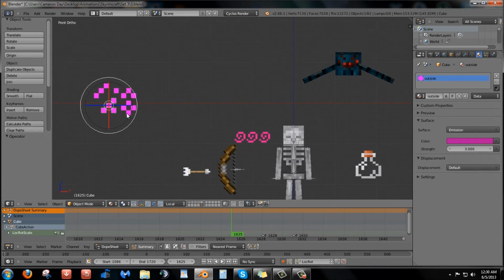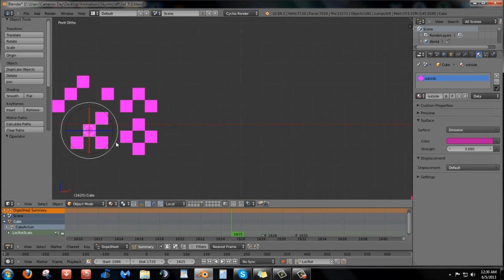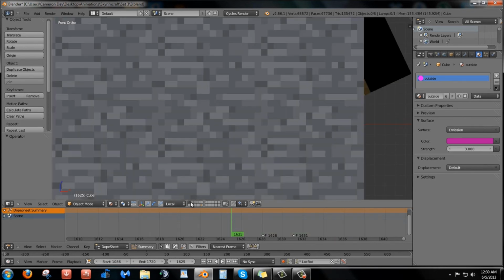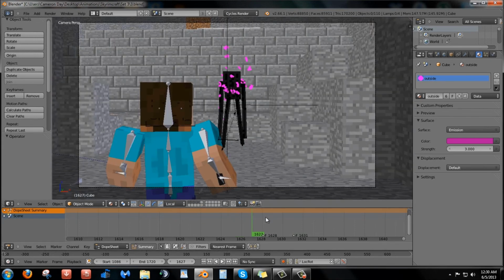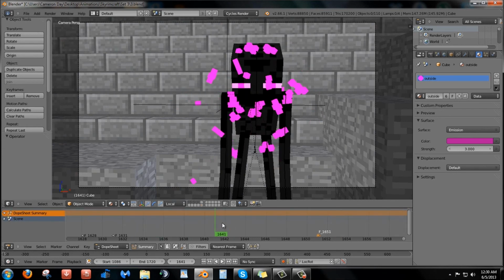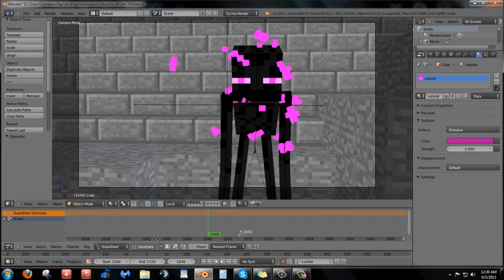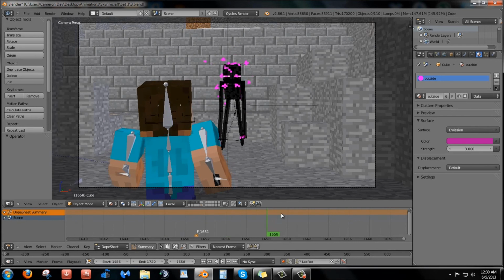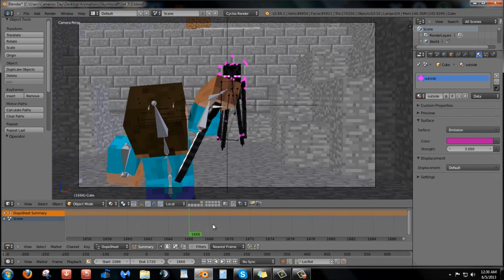Those are all in a group, as you can see, the green outline, or it looks kind of bluish. I just put those in a group and put that into the particle system. So yeah, this scene was kind of fast, but I had to get it out, so I had to put in some filler.